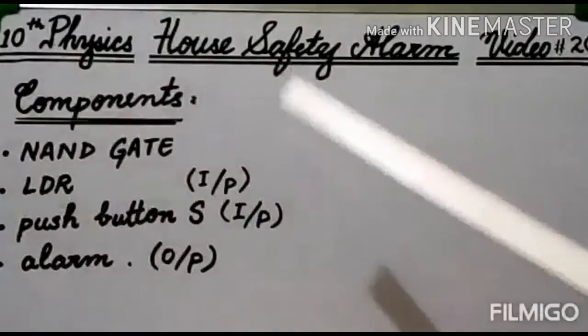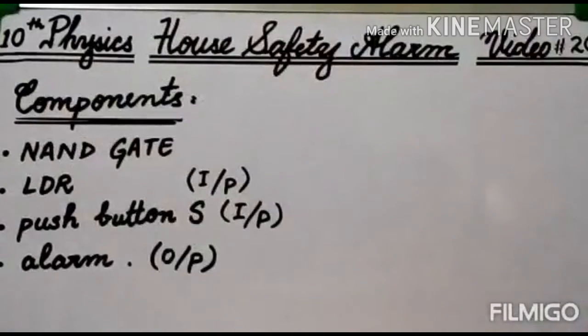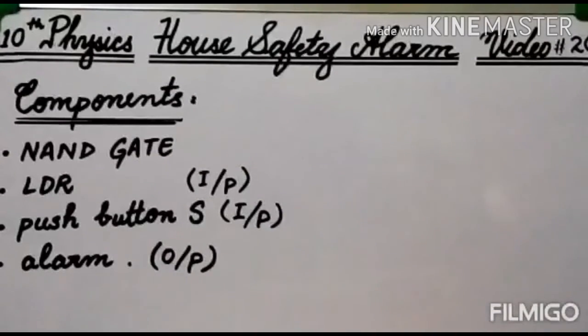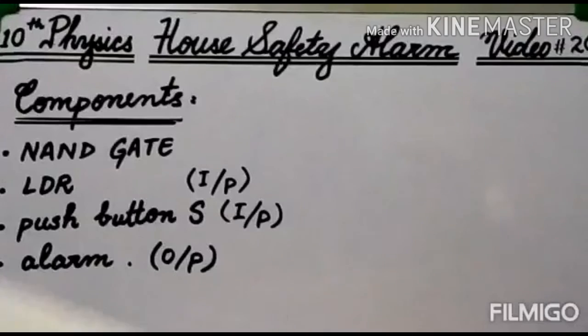Now I will discuss one practical application of the logic gates with you. This is a house safety alarm. What is the purpose of this safety alarm? Whenever any intruder is entering the house, this alarm must ring. Right now the alarm that I'll be discussing is for a room which has only one door and one window. This is the simplest one. With the help of this, you will be able to understand the relationship of everyday life with the gates, and you will better understand the importance of the gates.